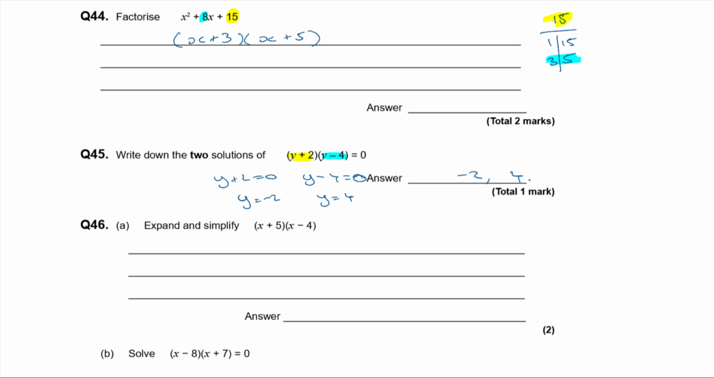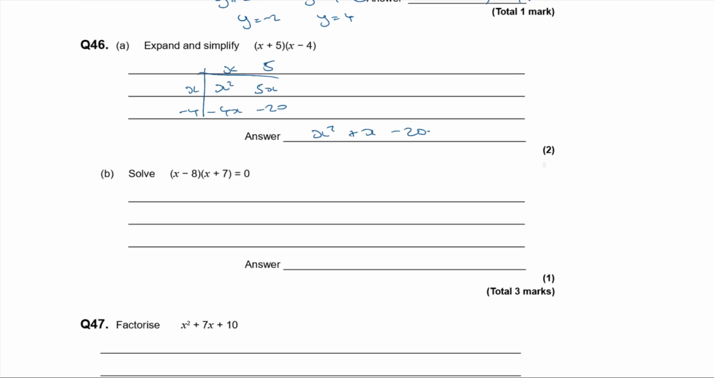Next up, question A, expand and simplify (x + 5)(x - 4). That's multiplying out brackets, drawing the grid, x, 5, x, minus 4. It's going to be x squared, 5x minus 4x minus 20, which is x squared plus x minus 20. Okay, and then next part is